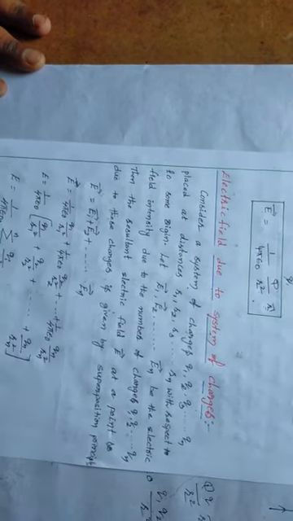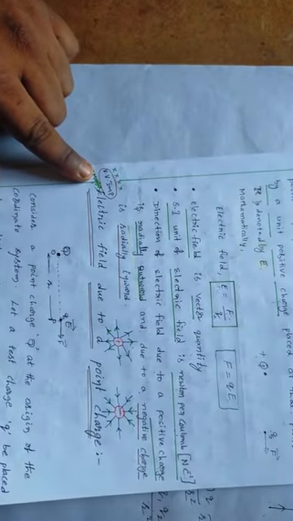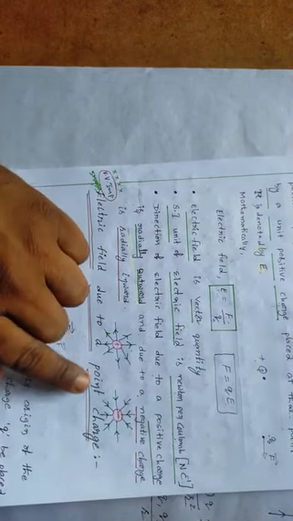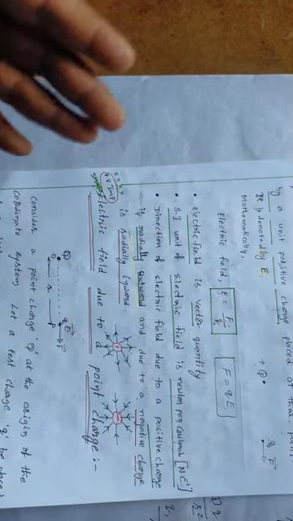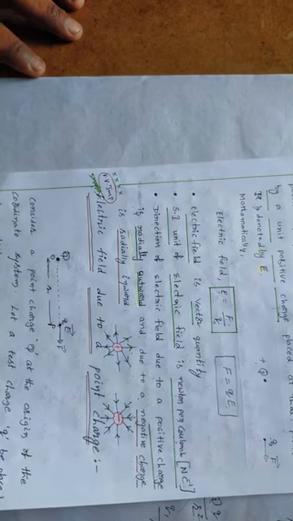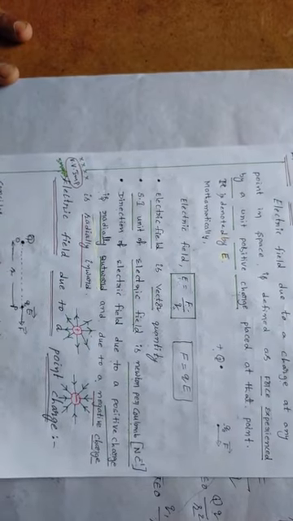And thereafter, see students, this is the way, this is a very important question. This is very important for 5 marks. They may ask the question like this: define the electric field and derive the expression for electric field due to a point charge. That means 4 marks for derivation, 1 mark for definition. Derivation for 4 marks, definition for 1 mark. So just keep it in mind, just follow my guide. Okay, thereafter you can easily understand this one.